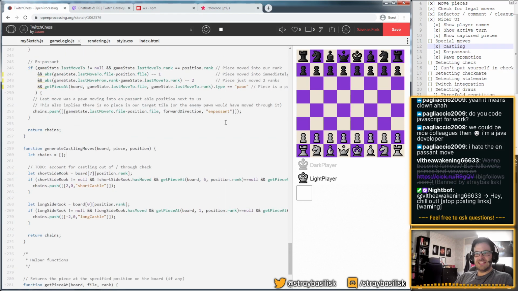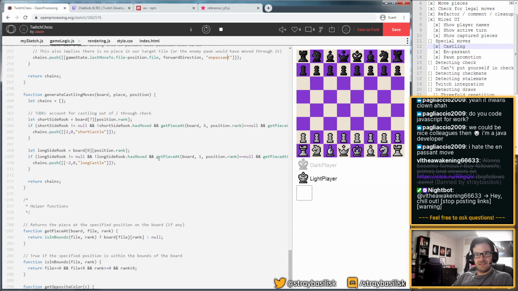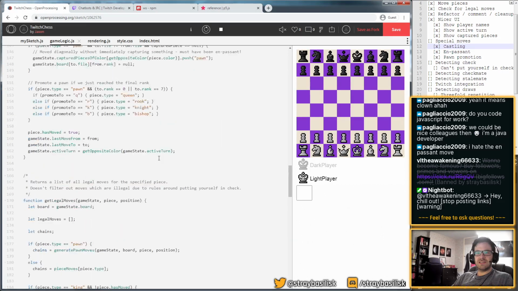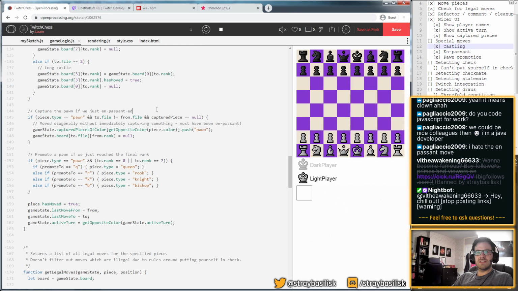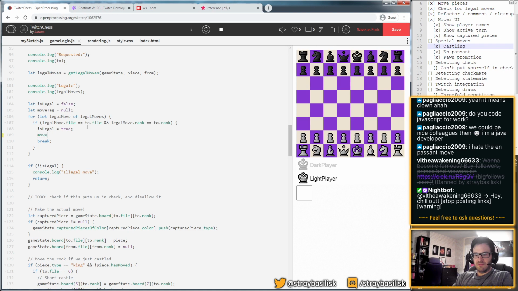Okay, so we've now tagged these things with any special kind of move that they may be. And now I can do something. Move tag equals, pull the tag out.